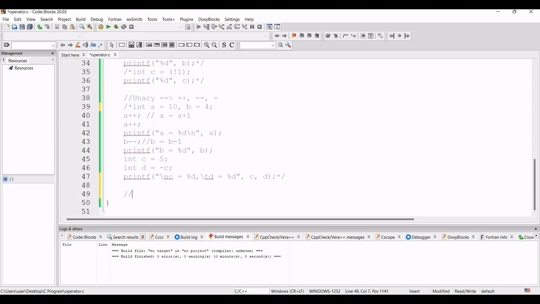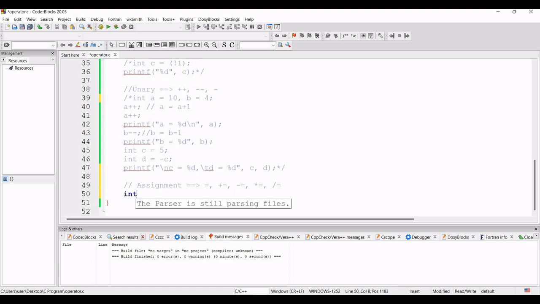And the next one is the assignment operator. What are the assignment operators? Assignment operators are equals to, plus equals to, minus equals to, multiplication equals to, and division equals to. So suppose I am making another variable a, all the time I am giving the variable name a. So suppose a equals to 5. Now you think that this is one assignment operator. That means this 5 value, I am assigning to this a.